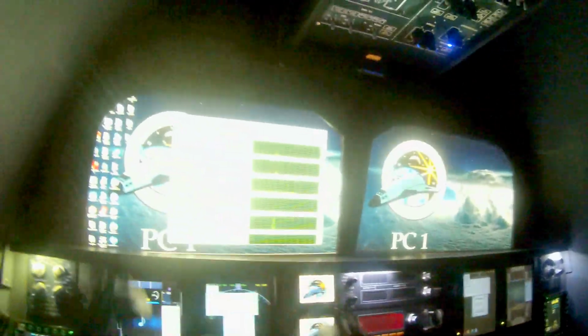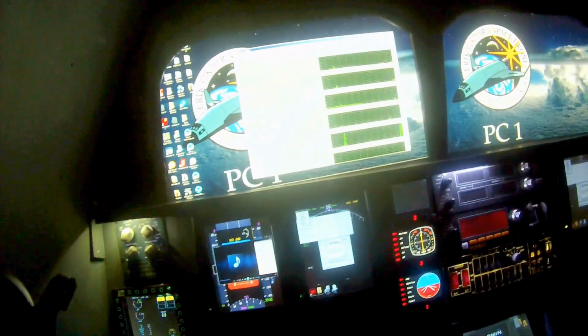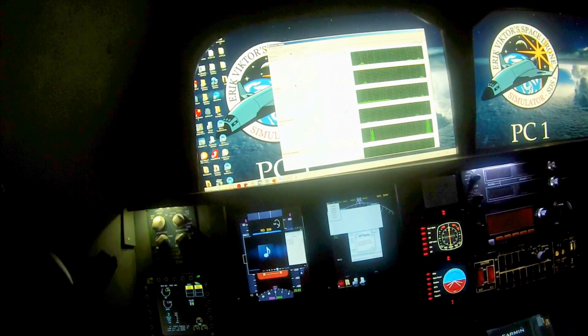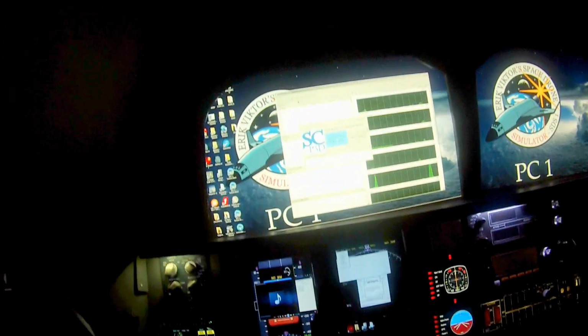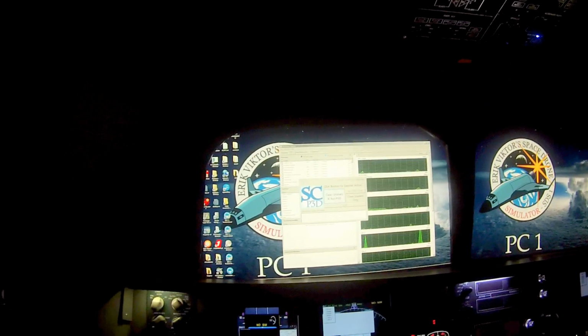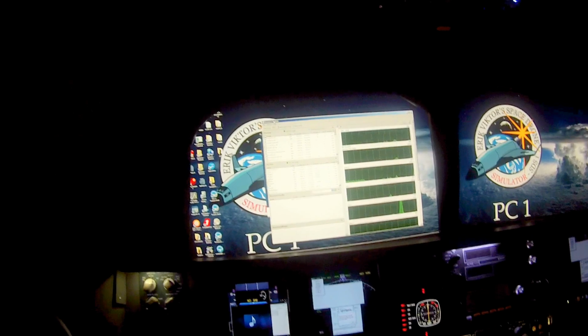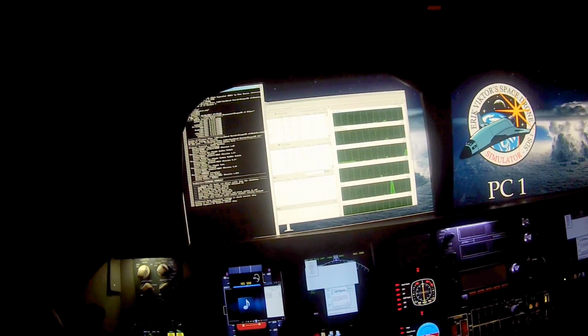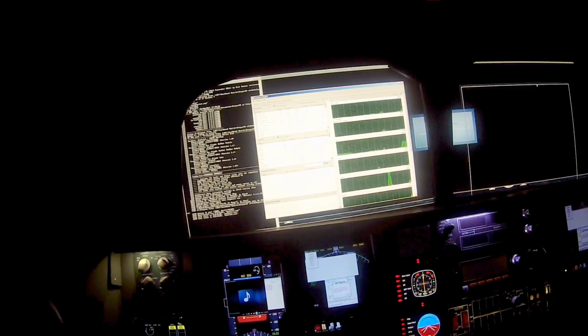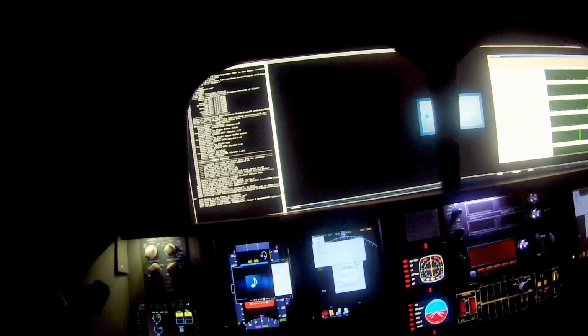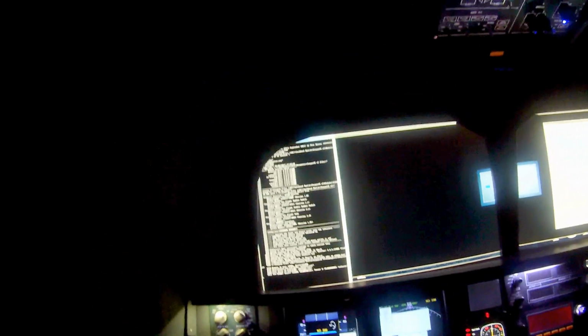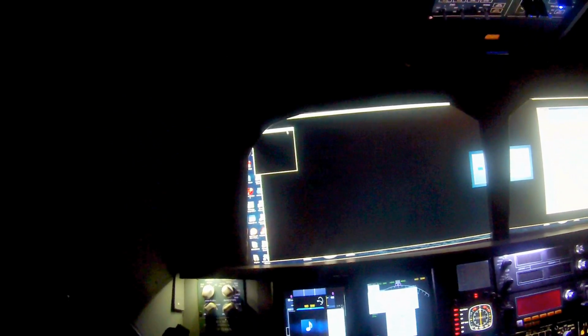Now here we are on the main computer, and I have a trackball here. I don't know if you can see it, but I have a trackball here. I will start the P3D here, the main simulator. I have the resource monitor on for various reasons. This allows me to shut down unnecessary programs. As you can see, FSU IPC has already started, and